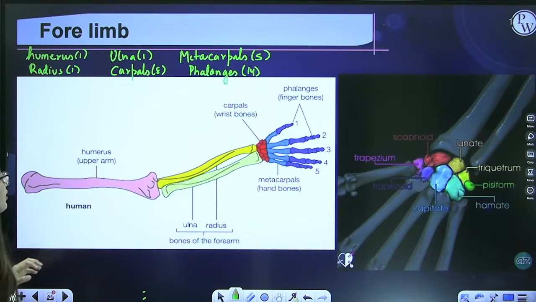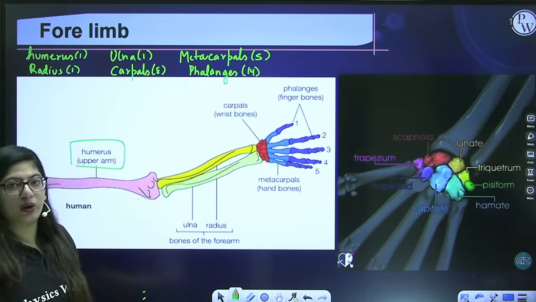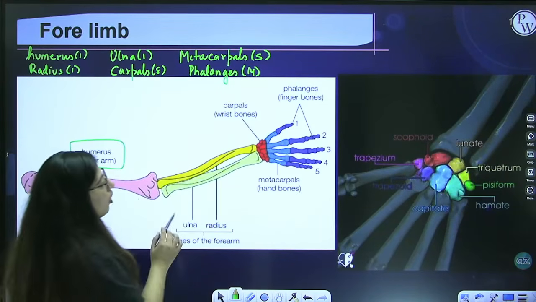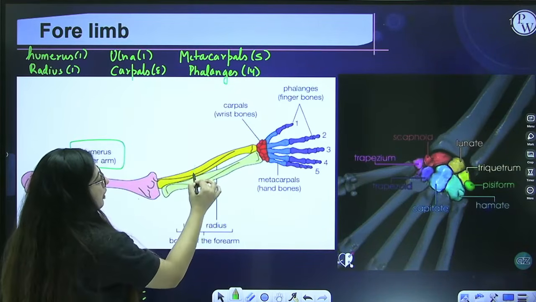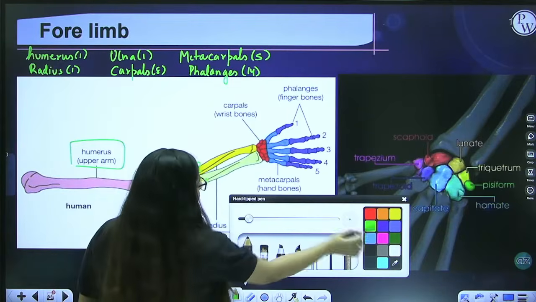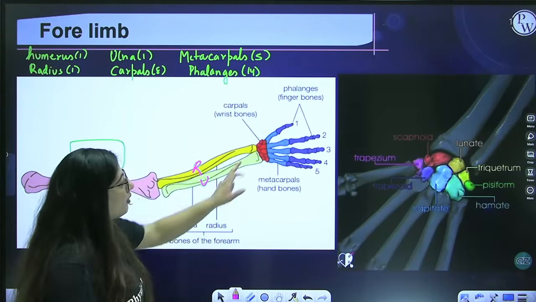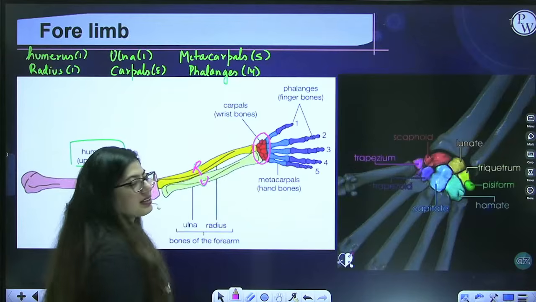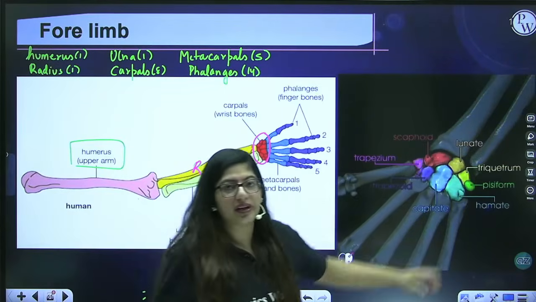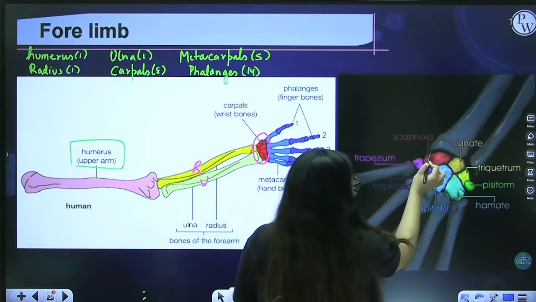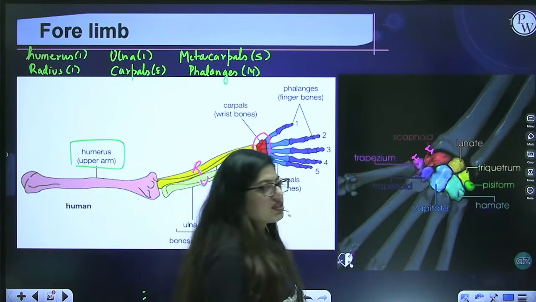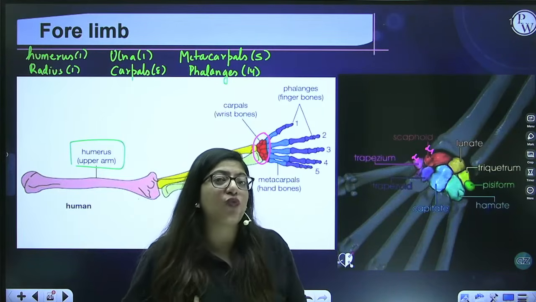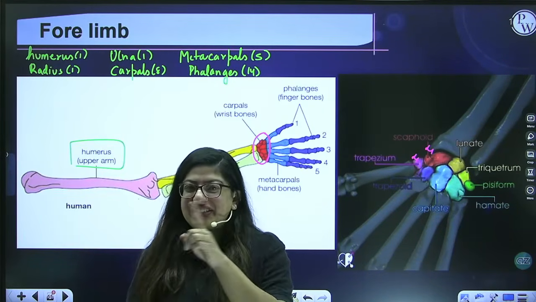All right, guys. Here you can see the human upper arm contains the humerus. The humerus forms a joint with both the radius and ulna, because here you can see this is the first finger, the thumb. So this bone is your radius, and this bone is your ulna. Now in the wrist you have these small bones known as carpals. This is how the carpals are arranged. A total of 8: 4 on the upper row, which is the proximal row, and 4 on the distal row. What is distal? That is away. Proximal is towards. We have done this in the PCT and DCT also.